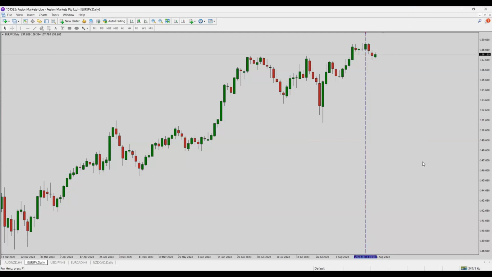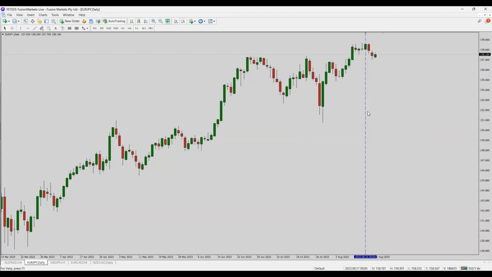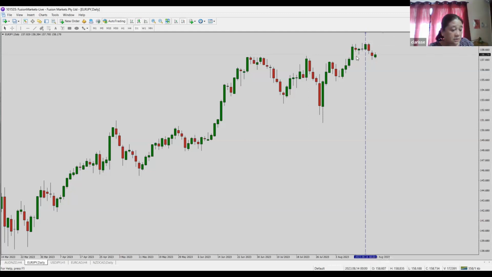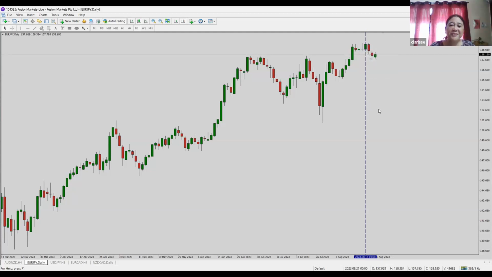If I double click once more, the dots disappear, which means I cannot make any changes to this vertical line.